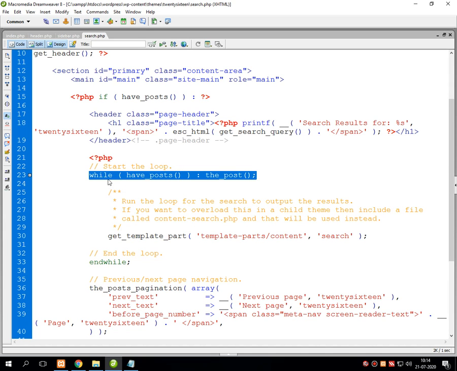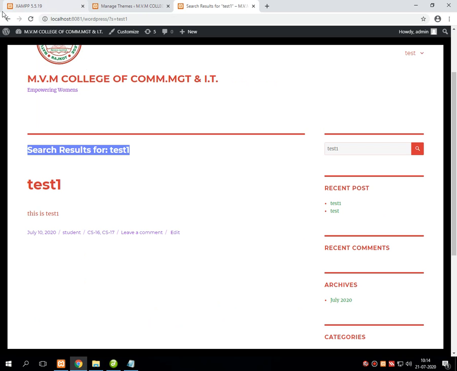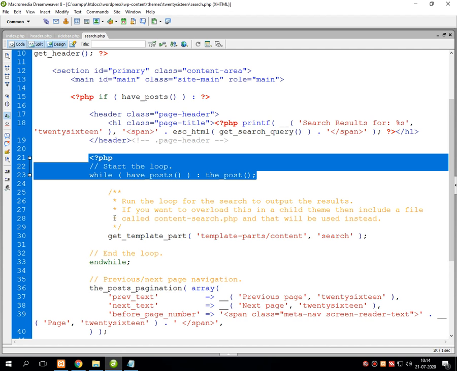So for that, here I have written while, and in the brackets, have_posts. That means if the posts are available, it will get all the posts by writing the function called the_post. What is the purpose of this looping control statement? It will display all the posts onto the screen if they are in multiple format.